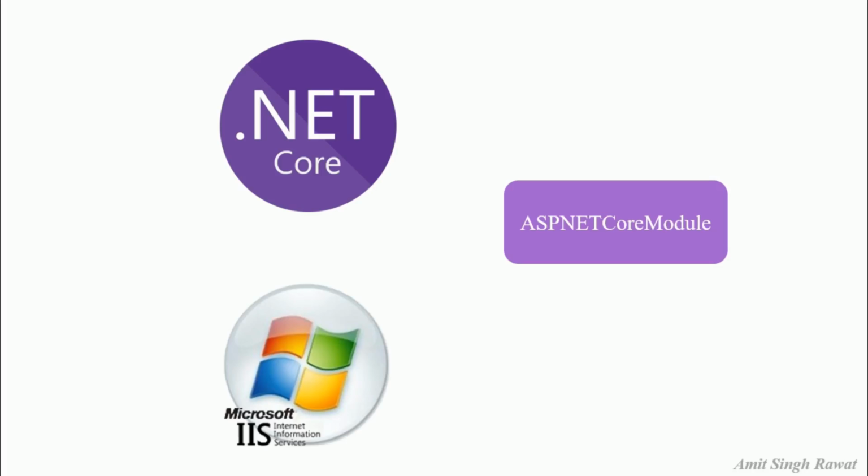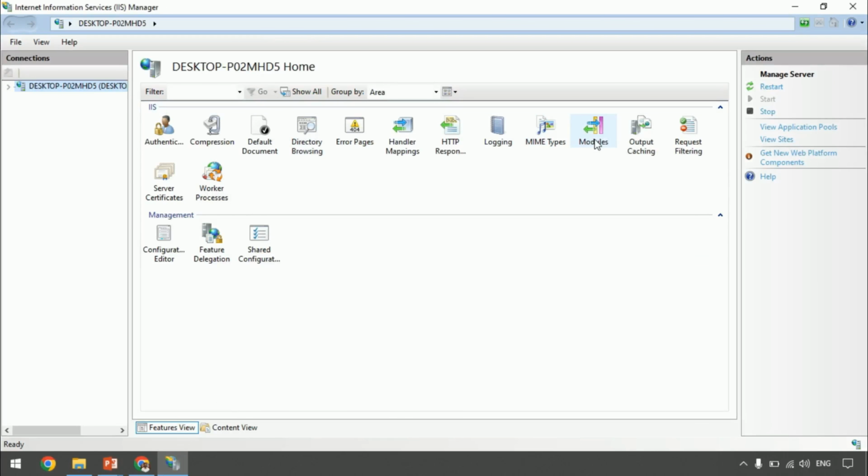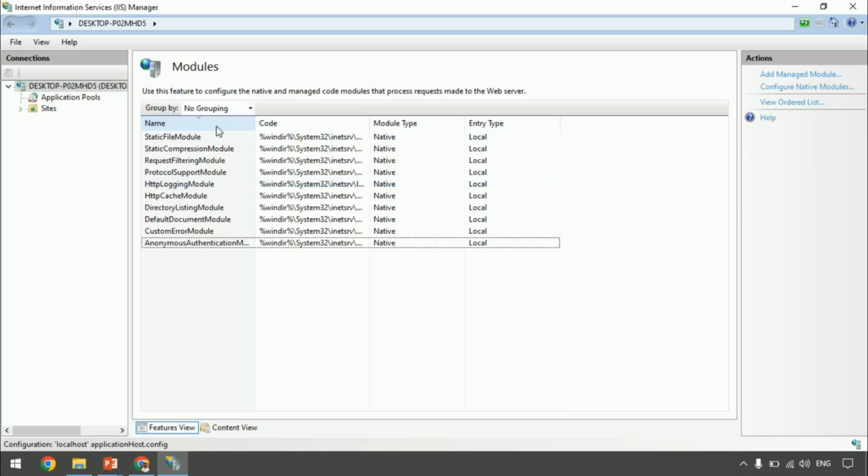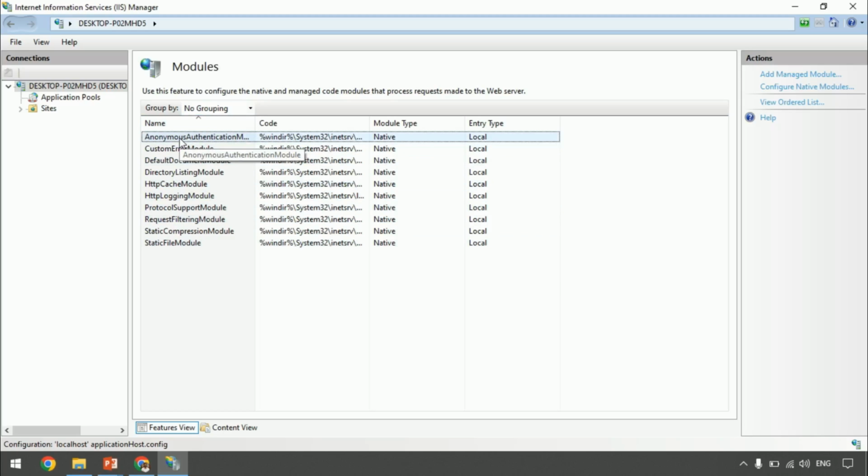Alright? Simple, extremely simple. So the next question is, how do we install the ASP.NET Core Module and inject it into the IIS pipeline? The answer is simple. Just download a piece of software from the Microsoft site and install it. Let's see that. But before that, let's visit IIS first. Go to its modules. You can see I sorted this list alphabetically, and there is no ASP.NET Core Module in the list, right? Let's install the ASP.NET Core Module, and to download,